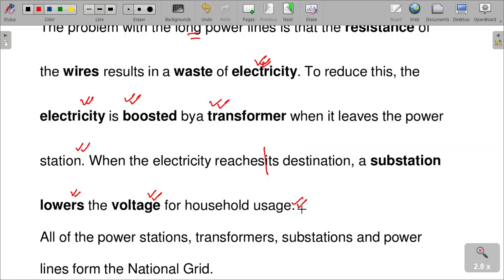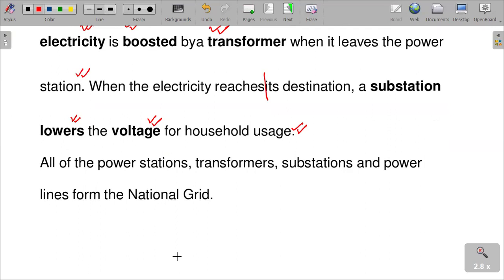All the power stations, transformers, and substation power lines form the national grid. Together, summed up, they give us what? A national grid. So please, class, note that when we are to understand the components of a national grid, we